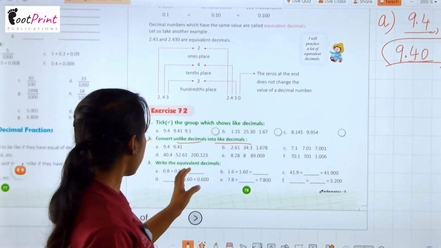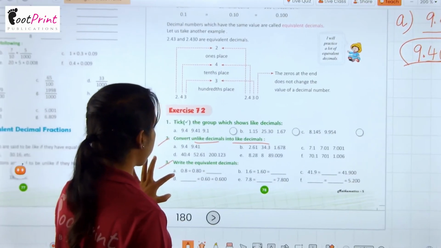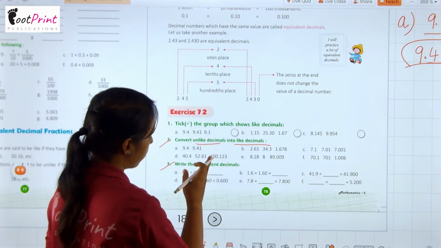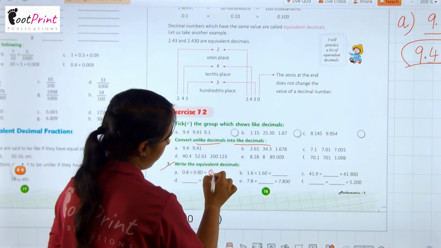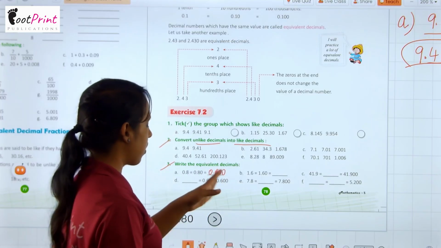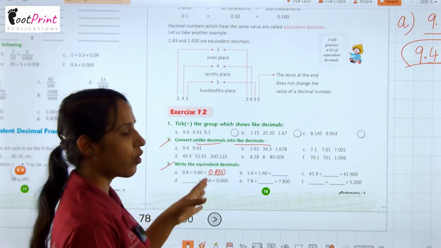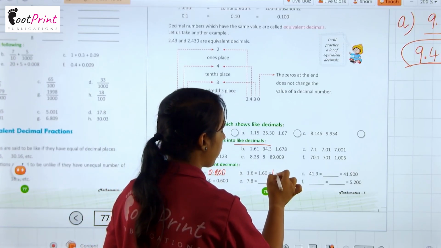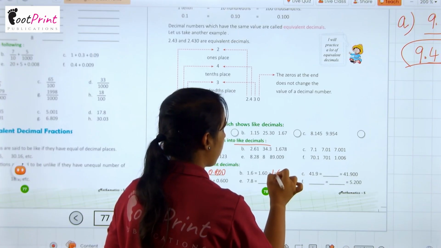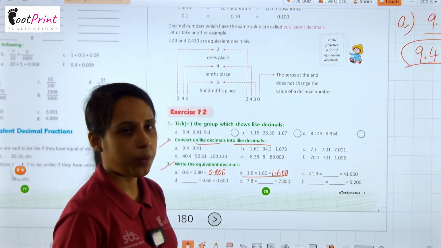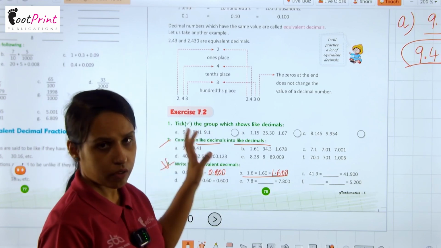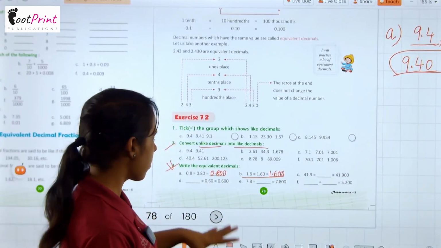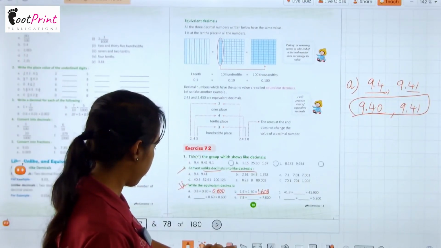Next, write the equivalent decimals. Here we have to write equivalent decimals. How do we write? 0.8 is equal to 0.80 and 0.800. We can write this because putting 0 does not change the value of the number. Here also we can write 1.6 equals 1.60 and 1.600 also equals these numbers. Okay. So just like that you can solve it, and the rest of the parts you will solve by yourself. Okay. Next,